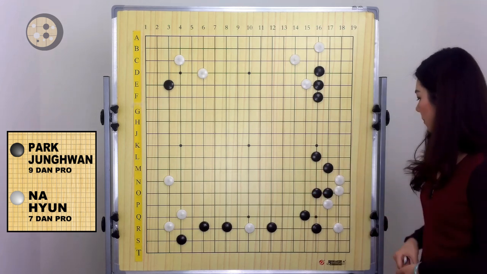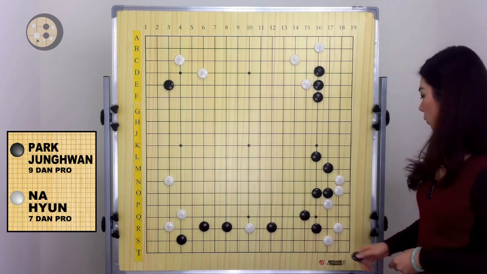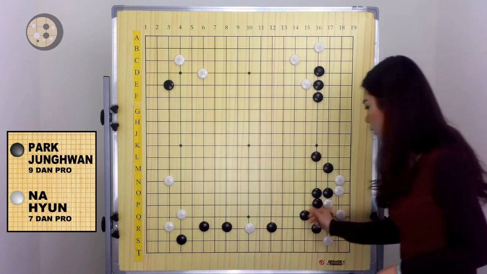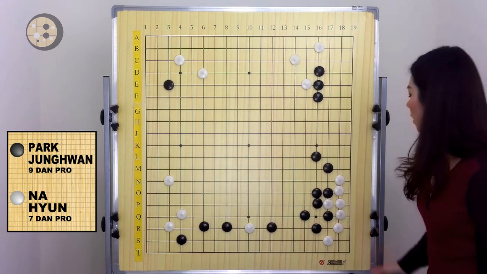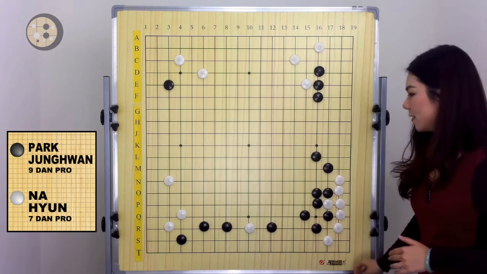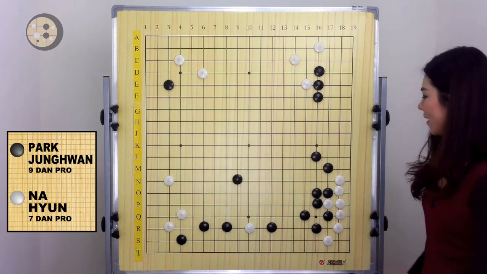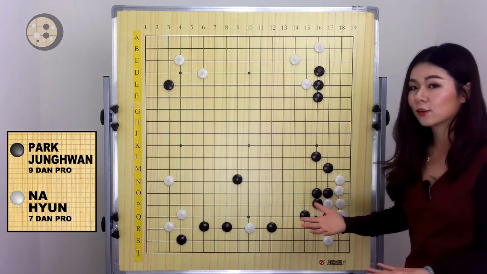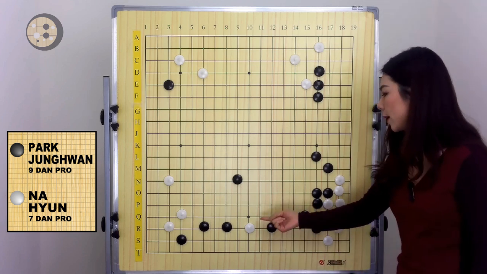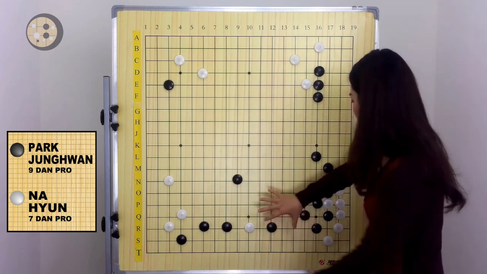So everything is fixed, but this corner is still not alive. So white has to spend another move to make this whole group alive. And then black makes these exchange moves and makes sure everything is connected. There's no weaknesses left. And then black played this move. Now, as we can see, the right side is getting very strong. There's no weakness left. And then if white tries to save this stone, it seems impossible because the right side